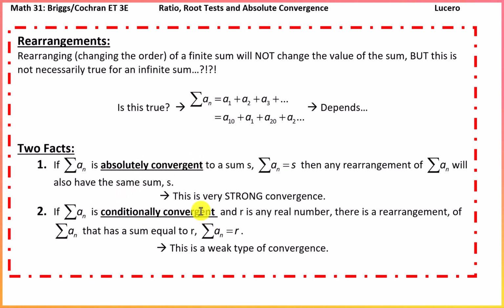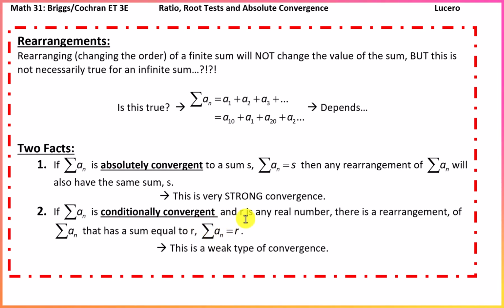But what about those conditionally convergent? So remember that a conditionally convergent series is convergent, but when you take the absolute value, if you actually take away any sort of switches or sign changes, when you take the absolute value of the series, it is divergent. So remember that. So this is a weaker type of convergence. And if R is any real number, so any real number, then there exists a rearrangement of the series that will have a sum that will be equal to R,